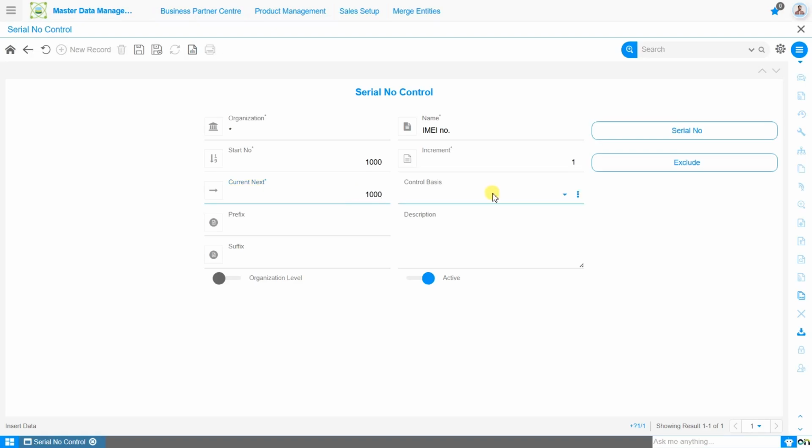The control basis determines the logic used for generating serial numbers and defines the context in which the serial number control will be applied. It can be based on the attribute, equipment category, or fixed asset, depending on the specific use case. If the serial number control is intended to be used on a particular screen, the appropriate basis, such as attribute, equipment category, or fixed asset, must be selected accordingly. In this configuration, we are using the attribute basis, which means the serial number control will be applied at the